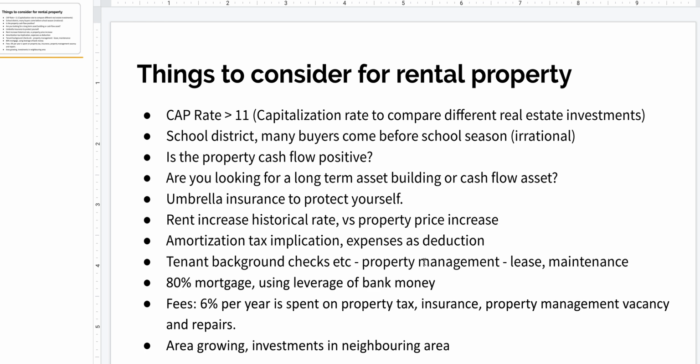You need to also make sure that if you're not willing to pay a lot of time and energy, then you need to get a property manager or management. Pay the 7%. It's probably way worth the time so that you don't end up spending so much time. All of these investments make sense as long as you can leverage the bank's money, and you should expect around 6% of overall property price as fees in various expenses like property tax, insurance, property management, vacancies, repairs. And unless the area is doing really well, you should think really hard whether you want to buy the property, do the math, and